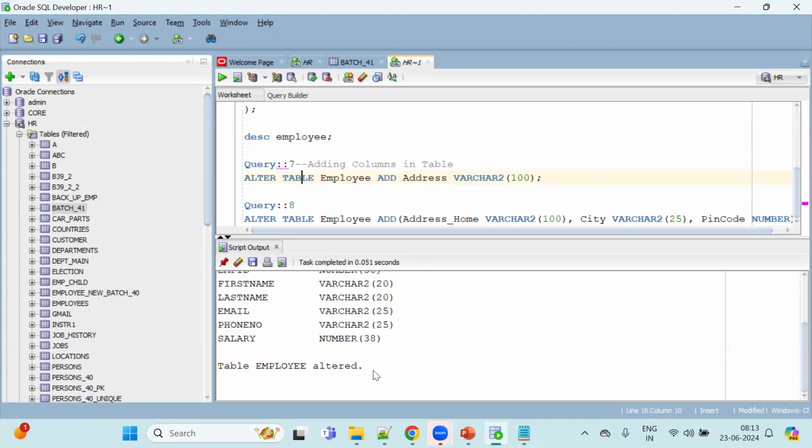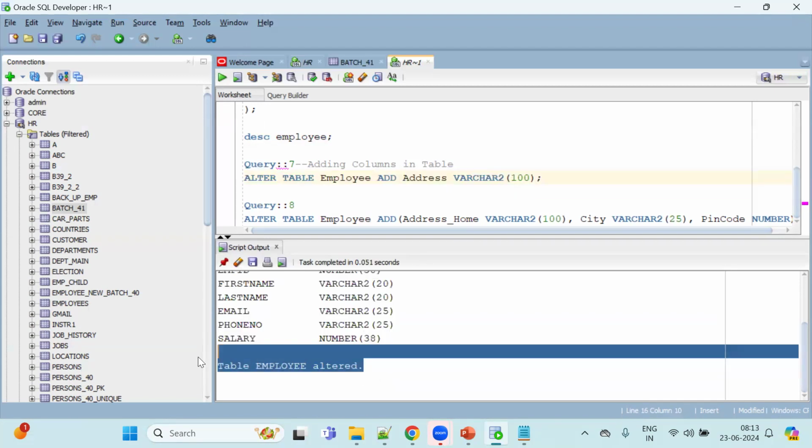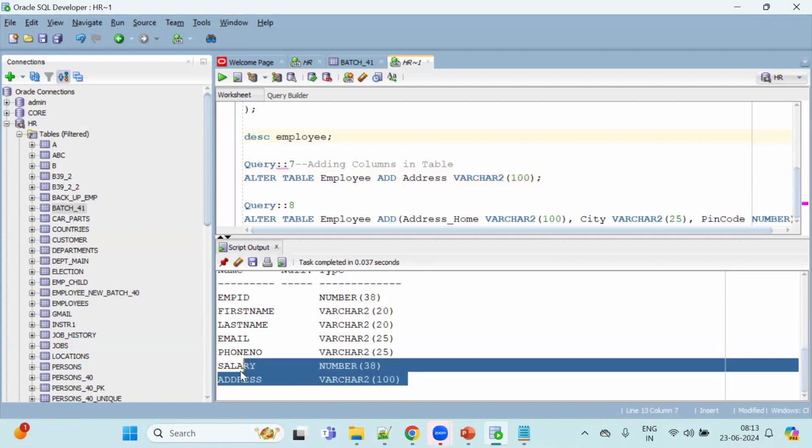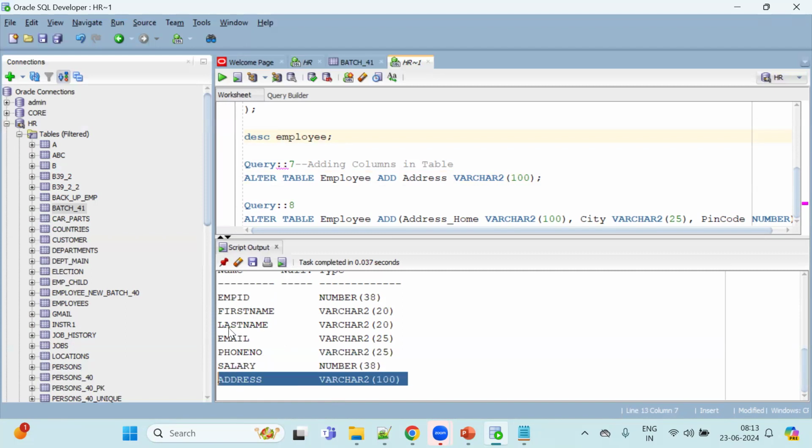Now you see, I ran it: table employee altered. Now see the structure of this table. If you see here, this is added at the last of the column details. In the structure, you are able to see the address column added, and varchar2 and 100 is also assigned. Okay, so now if you see the next syntax,